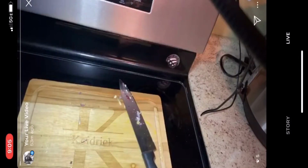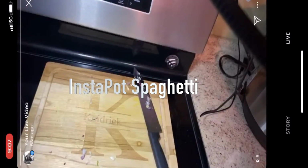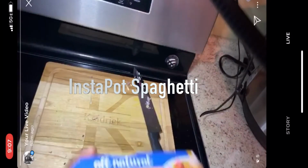So basically what we're going to do today is we have an InstaPot spaghetti recipe that we're going to throw together real quick. But in the meantime, I'm going to go ahead and make me a drink while I let a few more people join us. So, like I said, if you're just joining, we are going to do an InstaPot spaghetti recipe. So, I have about 2 pounds of,